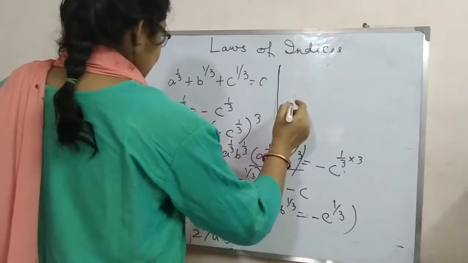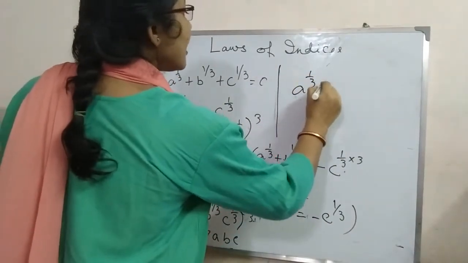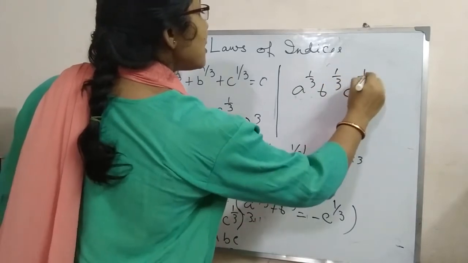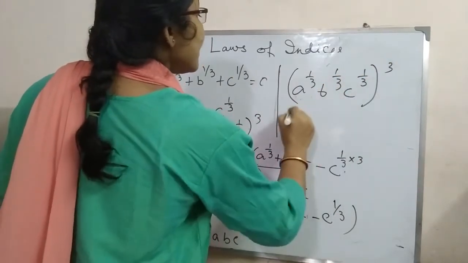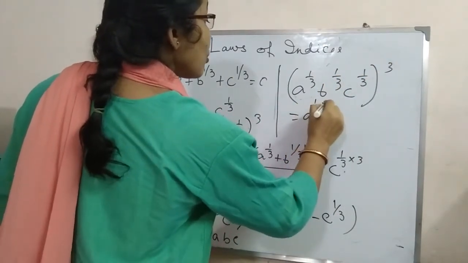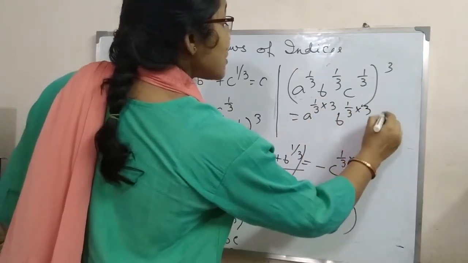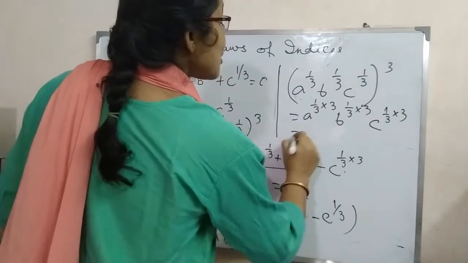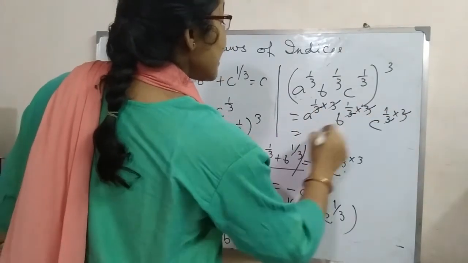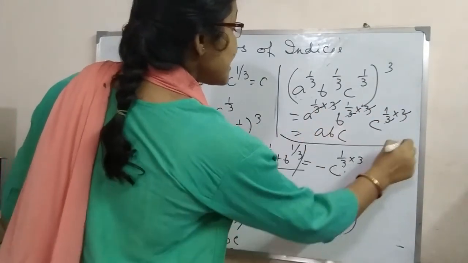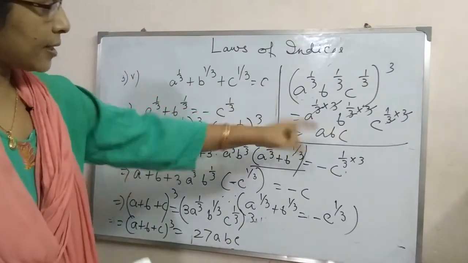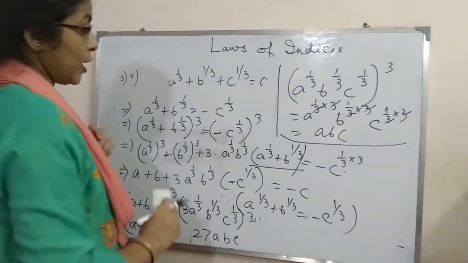You see this here: a to the power 1/3, b to the power 1/3, c to the power 1/3, whole cube, that is equal to a to the power 1/3 into 3, b to the power 1/3 into 3, and c to the power 1/3 into 3. So the 3s cancel out, abc. In this way I will get abc. Okay,